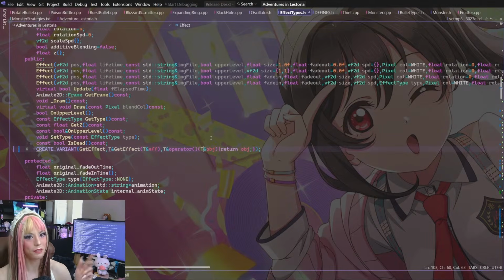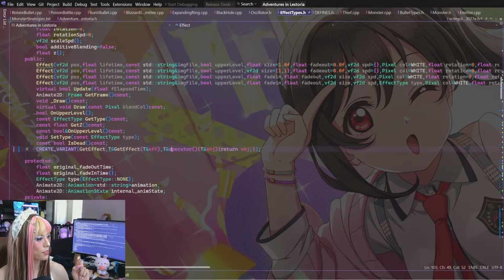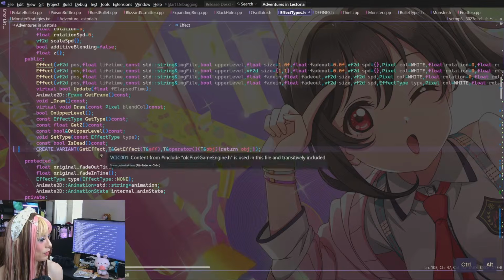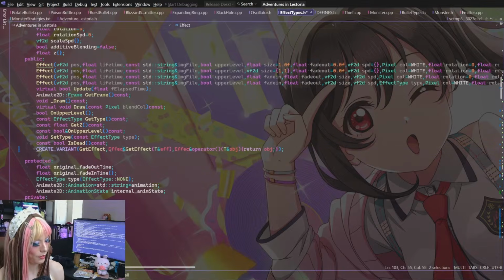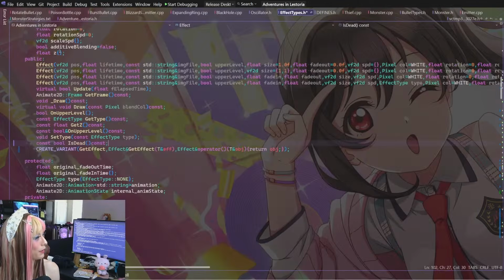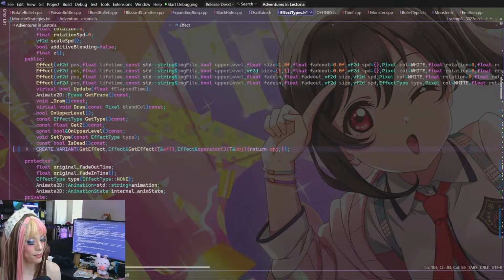So I just have to downcast it, I think. I think we're allowed to do that. We just dynamic cast it. Okay. I think that makes more sense. So... Although, I was kind of expecting it to auto-downcast. Like, for real. I'm surprised it doesn't. So, this would be like a dynamic cast to an effect ref.